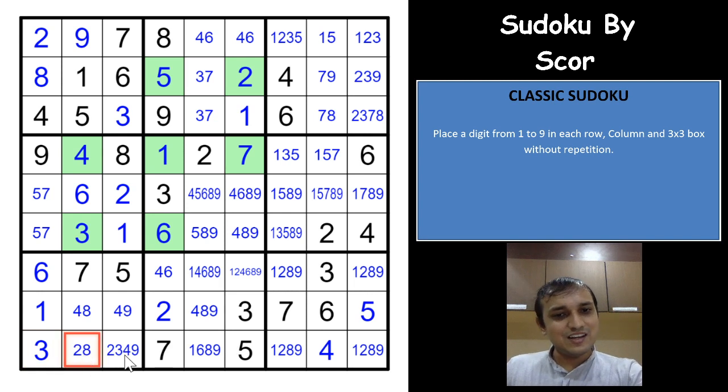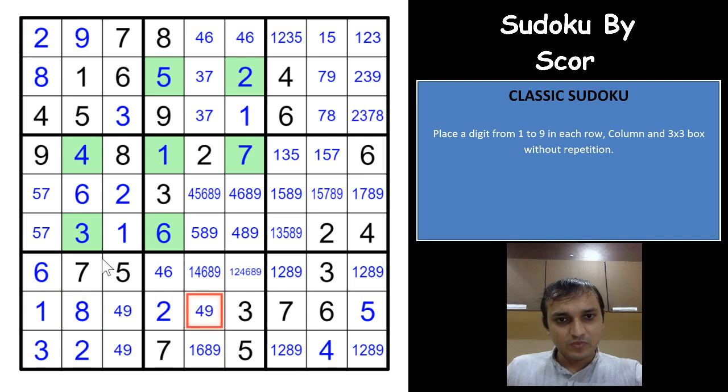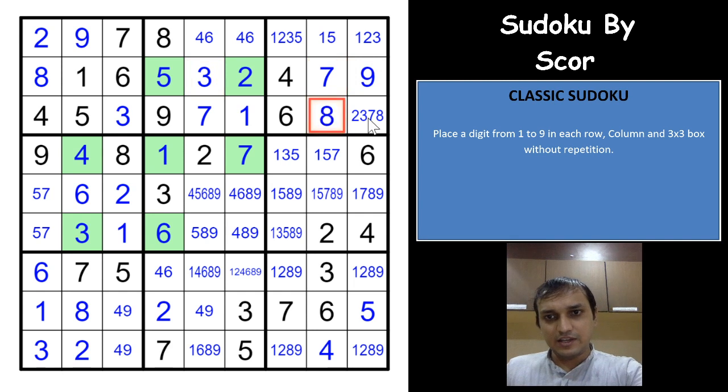Oh, what an excellent construction this is, I would say. Excellent construction. And eliminates 2 from this cell, so this becomes a 2. This eliminates 3 from here, so 4 9. This gives you an 8 here. That eliminates 8 from this cell. Okay, that gives you a 7 here, a 3 here, 2 3. This becomes a 9, a 7, an 8.